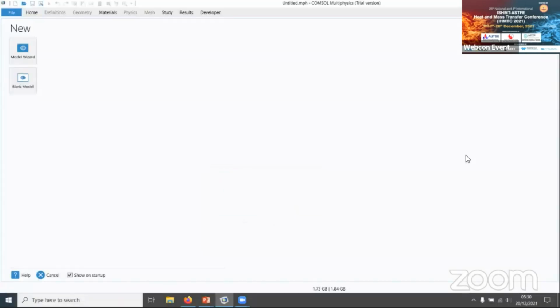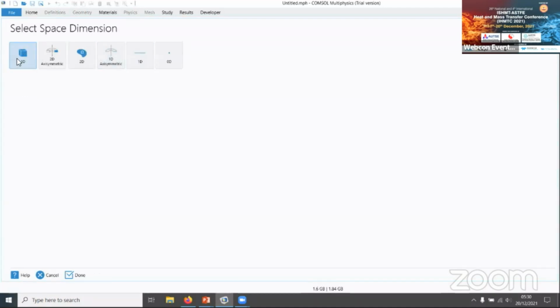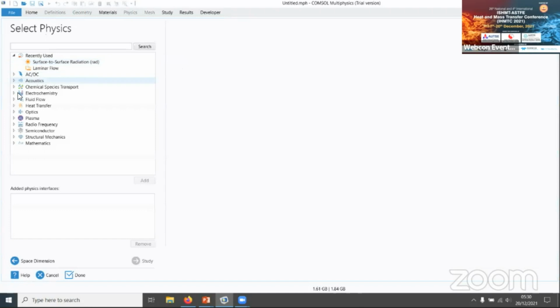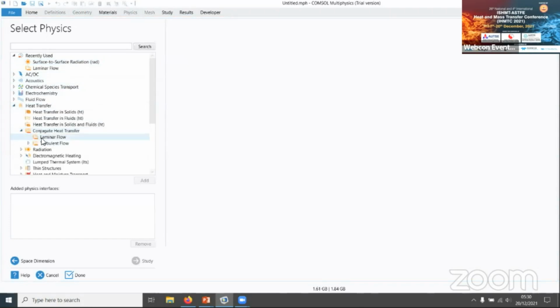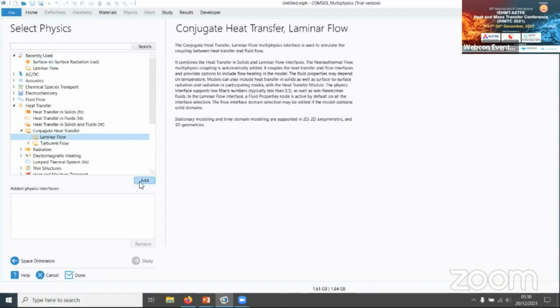I hope you can now see Comsol Multiphysics. We have a very short time, so I'm going to show you Comsol Multiphysics. When you start the wizard, you can select the dimension, and you can select the physics. So here, conjugate heat transfer. I'll start with the easiest one, laminar flow.